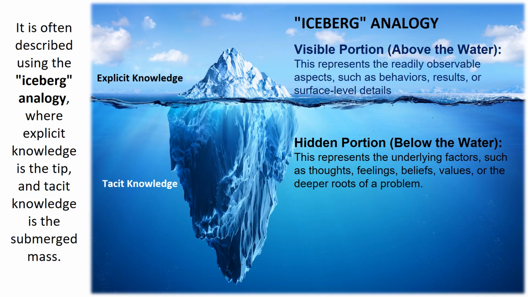On the other hand, tacit knowledge is a submerged mass which is tough to transfer because it relies on personal experience, like a chef knowing how and when to adjust ingredients, a mechanic diagnosing a car problem based on the sound. This type of knowledge is the backbone of the company's skills.